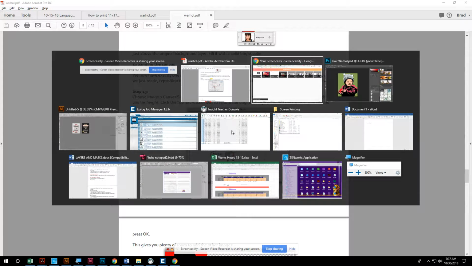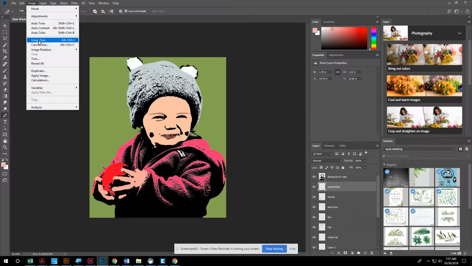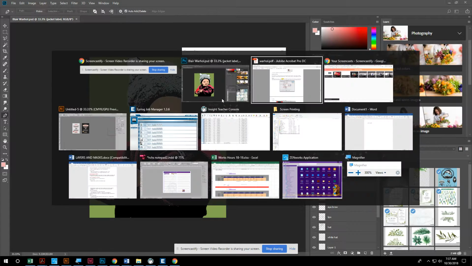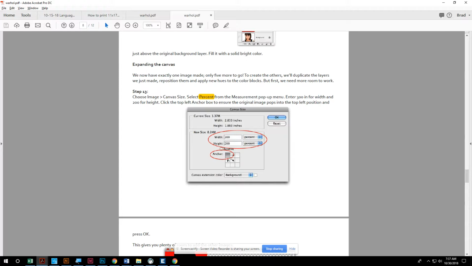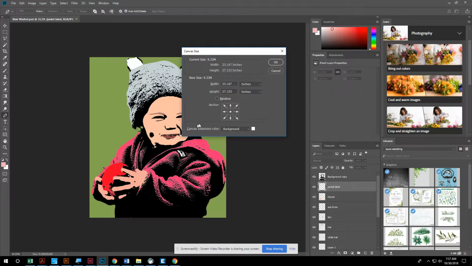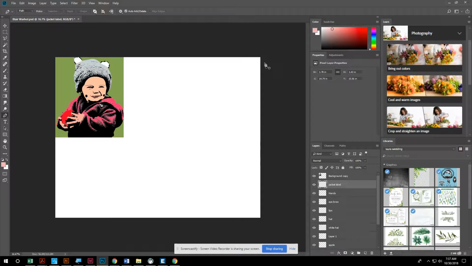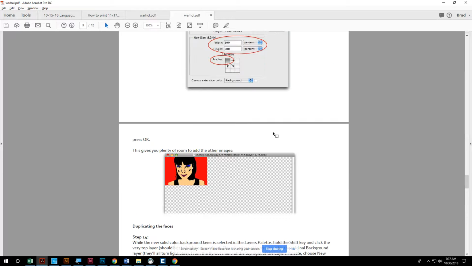So let's go back to our Photoshop document. We're going to go to Image, Canvas Size, and if you take a look at the directions, you're going to put it as an anchor on the corner. All right, so let's go back there real quick. We'll anchor it, and we're going to change this to percentage, and we're going to change our width to 300. Our height's going to be 200, and we'll click OK. You'll notice that our canvas now has opened up, giving us nice, equal, even squares that we can move our